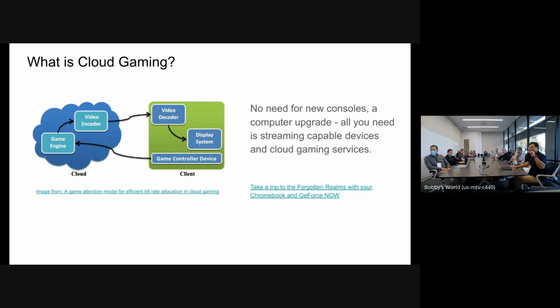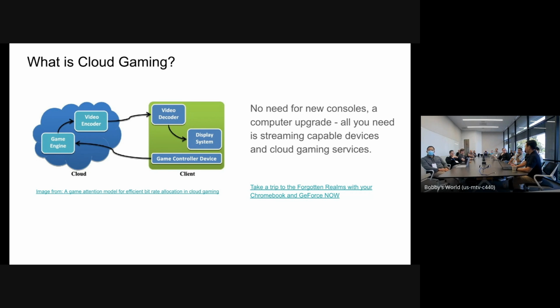Also, there is a video encoder which captures the video from the game engine and shares the video frames to the client. Then the client again gets the control when the decoded video frame arrives on the client side, and displays the video. That is the basic logic of cloud gaming.